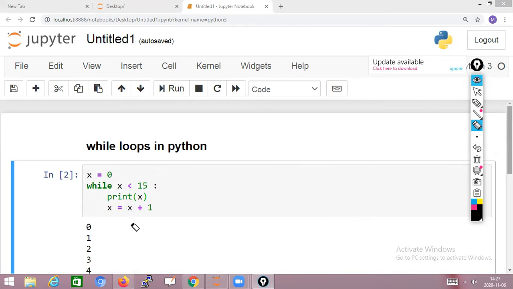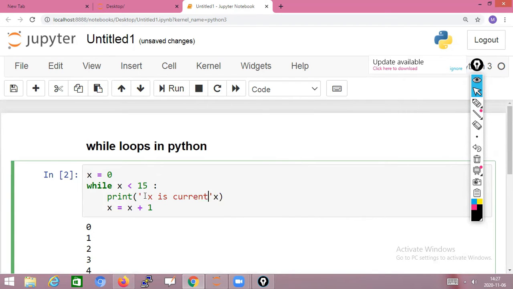Next, we will modify this and add some more text in the while loop. If you want, in the print place you can write some text. For my personal interest, I'm writing the text "x is currently" here, so that I can see what the x value is each time.